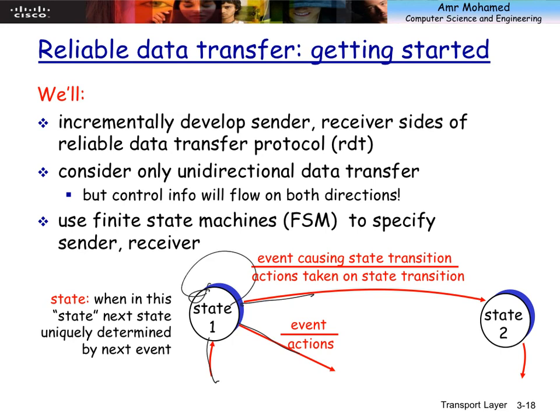So a finite state machine is of course a very powerful tool in representing any complicated functionality in any system, not just in networks or in the transport layer. Okay? So we'll talk about this next time, inshallah. So in the remaining part of time,